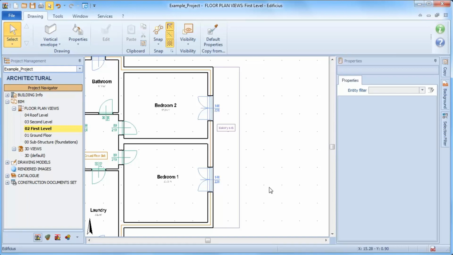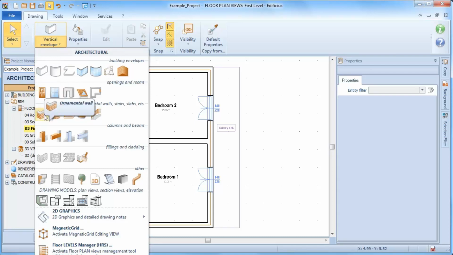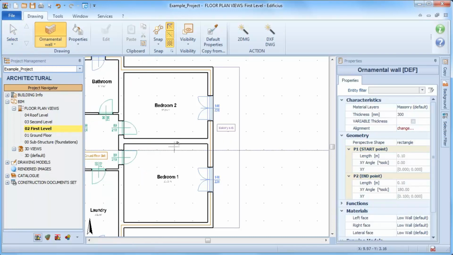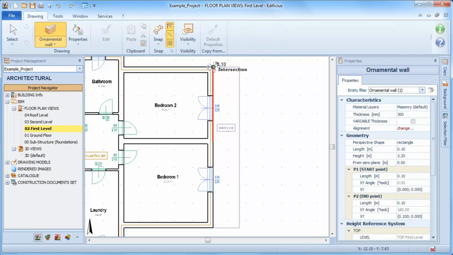An ornamental wall could be useful when needing to draw a balcony parapet. So let's see this by selecting the ornamental wall object from the drawing menu. Once the insert point is set with the first click, we can change the height and thickness in the properties